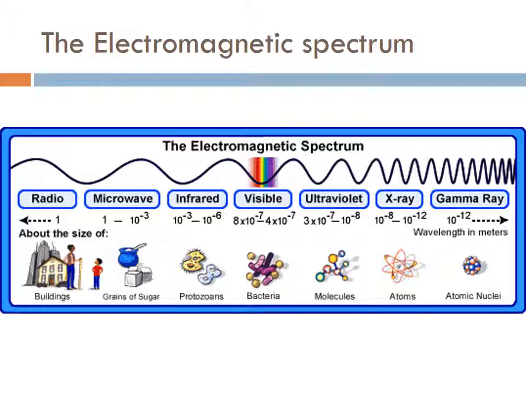For visible light we have wavelength in the order of fractions of micrometers, and then for ultraviolet we have fractions of nanometers, and then X-rays and gamma rays have very small wavelength in the order of atoms and molecules. So as you can see, we have wavelengths with different sizes, so it's obvious that